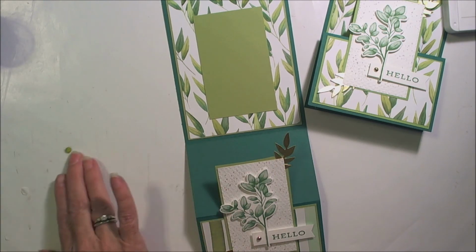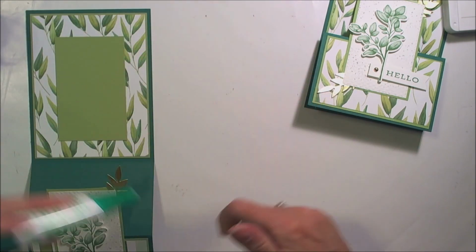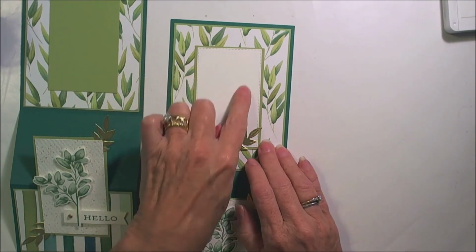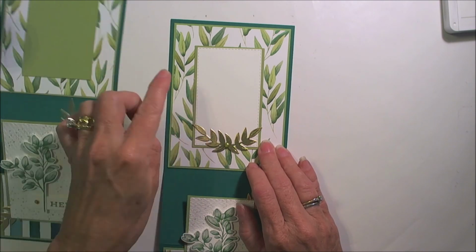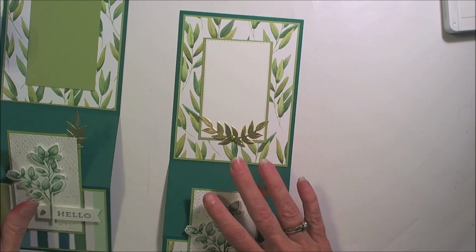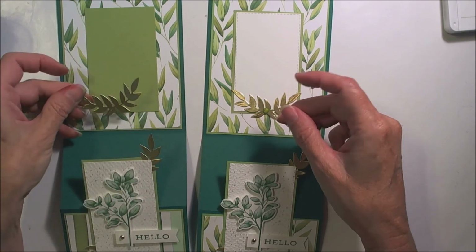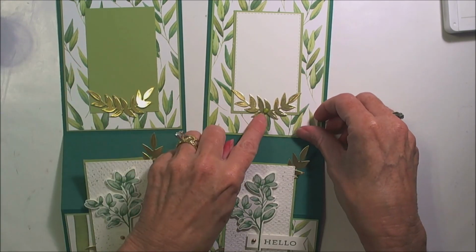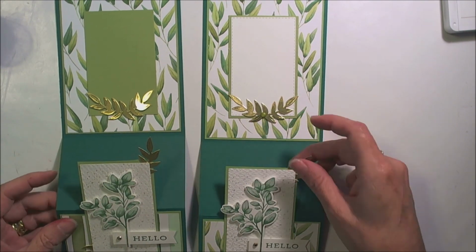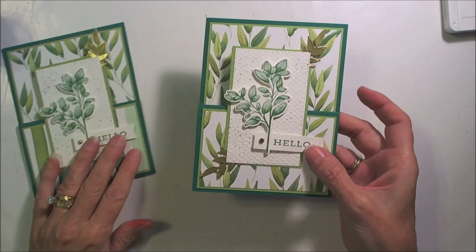And because I don't have the right piece in my kit, I'll just finish up showing you on this card that the stitched rectangle goes on here, and then I just glued down this other piece, this second piece of gold foil will get glued down here, and then that elegant gem will be placed right here, and that is the final card from my Forever Fern